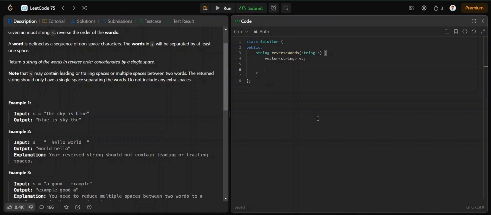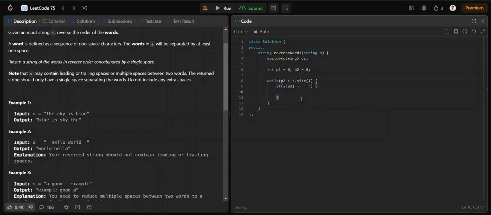So let's say p1 is 0 and p2 is 0. While p2 is less than s.size, if s of p2 is equal to a space,